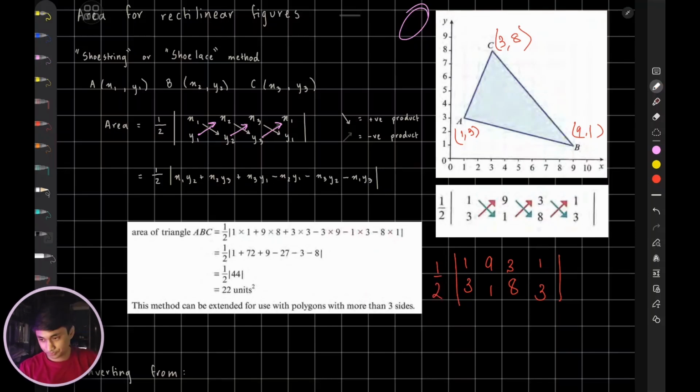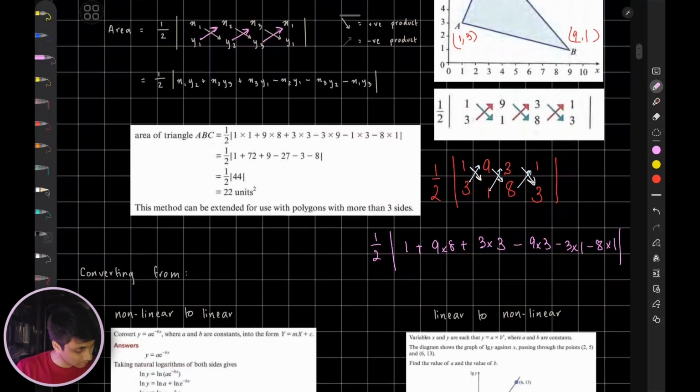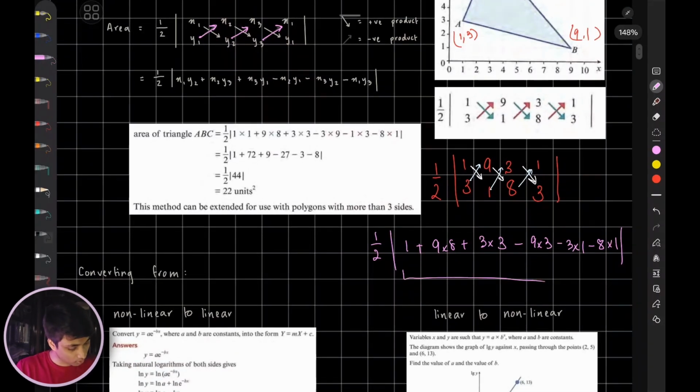Now, what are you going to do? Downward arrow, downward arrow, downward arrow. Next one, upward arrow, upward arrow, upward arrow. So half times 1 times 8 plus 9 times 8, plus 3 times 3, minus 9 times 3, minus 3 times 1, and again minus 8 times 1. Now, if you calculate all of this,